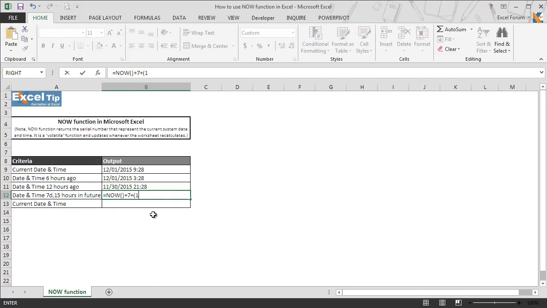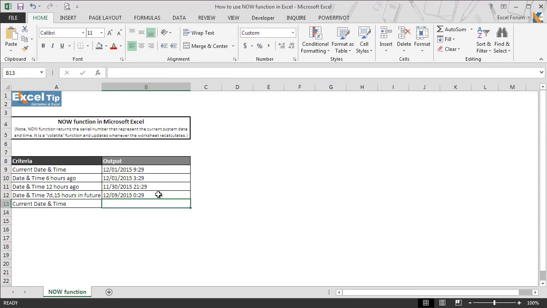So we type 1 divided by 24 multiplied by 15, close the parenthesis and hit enter. As soon as we hit enter, the function returns the date and time 7 days 15 hours from now. Likewise, you can play with this function and can add or subtract dates and times as per the requirement.